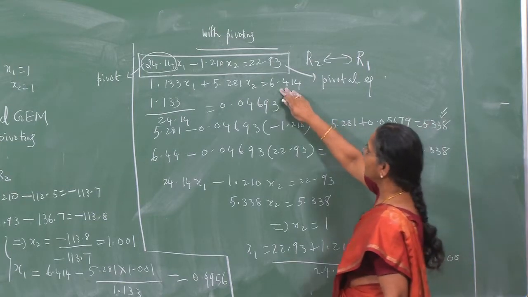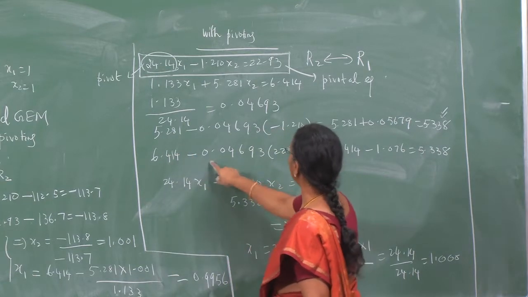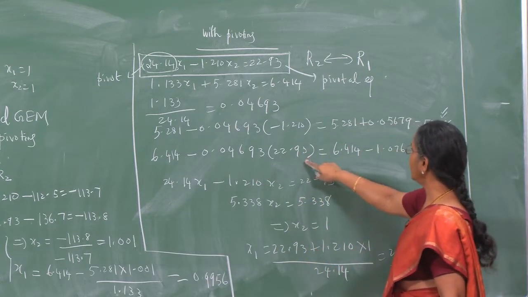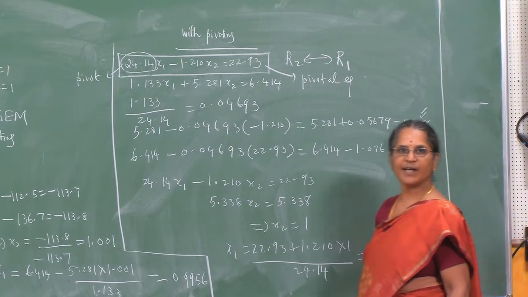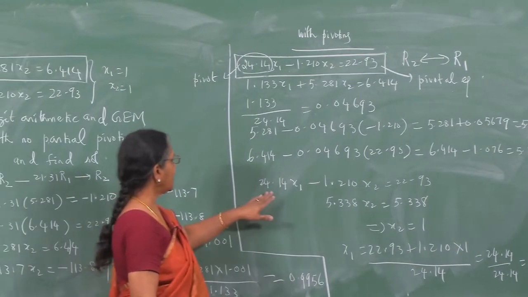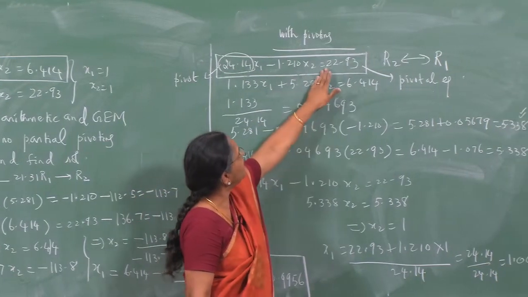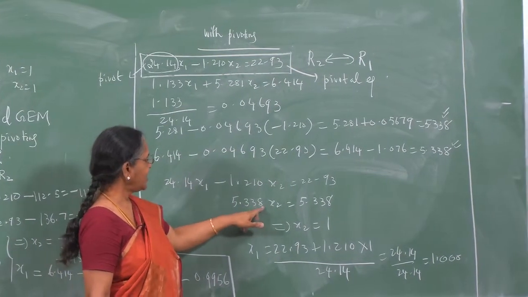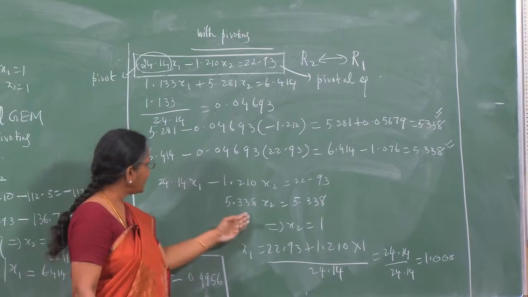Let us see what is the right hand side. That is 6.414 minus 0.04693 into 22.93, and that simplifies to 5.338. So, we write down the system at this stage after performing step 1. So, the equations are 24.14 x1 minus 1.210 x2 equal to 22.93. The second equation becomes 5.338 x2 equal to 5.338, and therefore, I see that I have an upper triangular